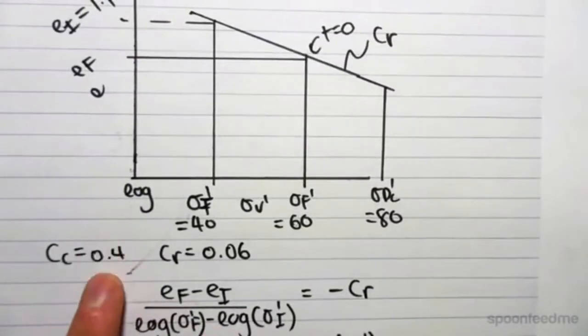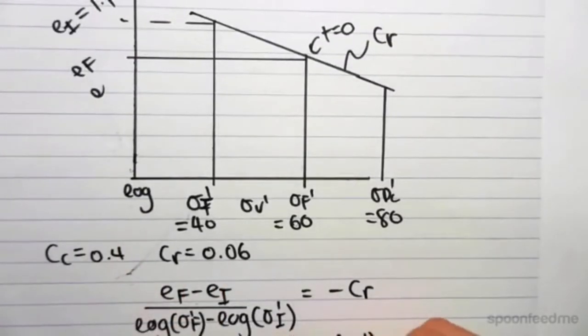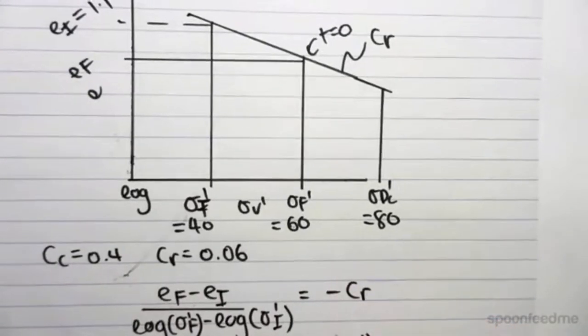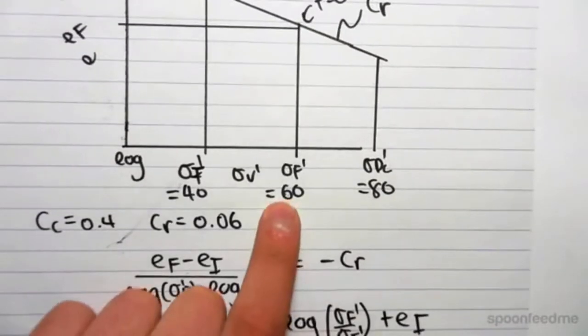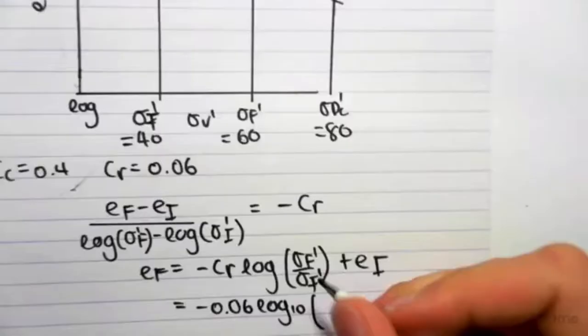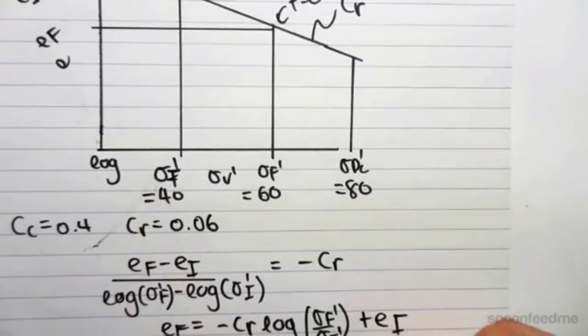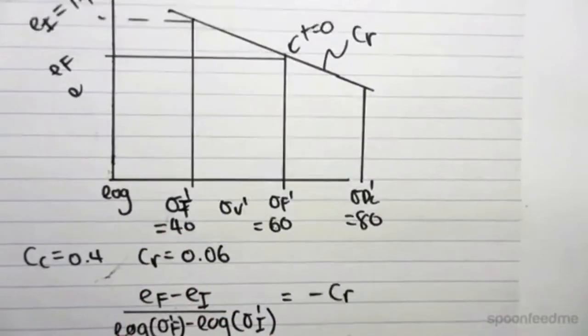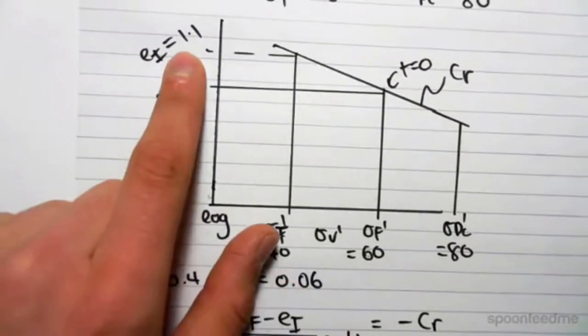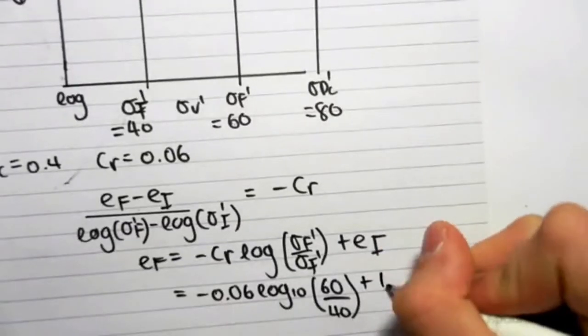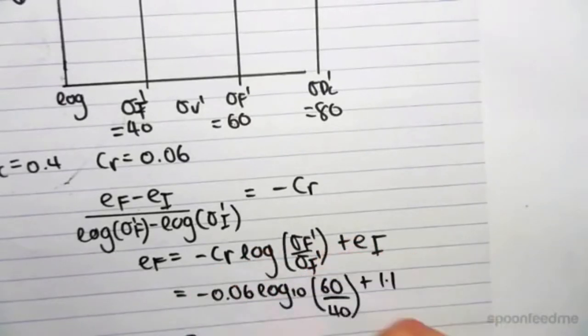We're given CR equals 0.06, so minus 0.06 log, this is log base 10, sigma final dash, we've been given as 60, so 60 on sigma initial, which is 40, plus the initial void ratio, which we said was 1.1. So plus 1.1. If we go ahead and calculate this,